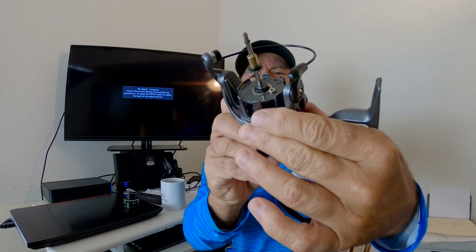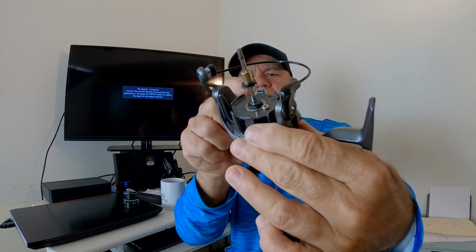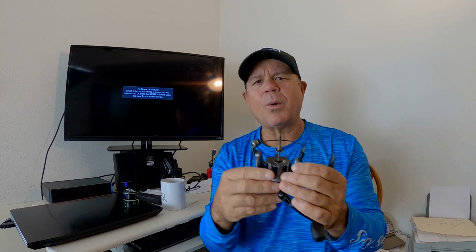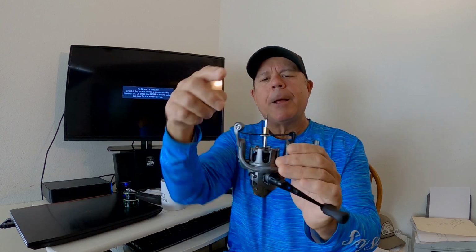That washer is actually permanently attached to the nut. So the washer is permanently attached to the nut, and that Phillips screw just keeps pressure on the washer to keep it down in place. Well, apparently that Phillips screw, either from the factory, wasn't fully tightened down, and after I used the reel for a while, that nut actually tightened down on the spool shaft, and it caused the reel where it was feeling